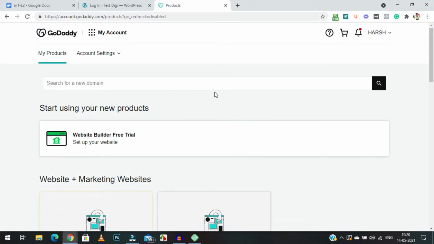So now if you have purchased your domain and hosting from Bluehost, it would have already connected your domain and hosting to each other, as I told you in the previous video. But if you have purchased your hosting from Bluehost or any other hosting provider and your domain from another provider, then what will you do? How will you connect them? I will tell you now.